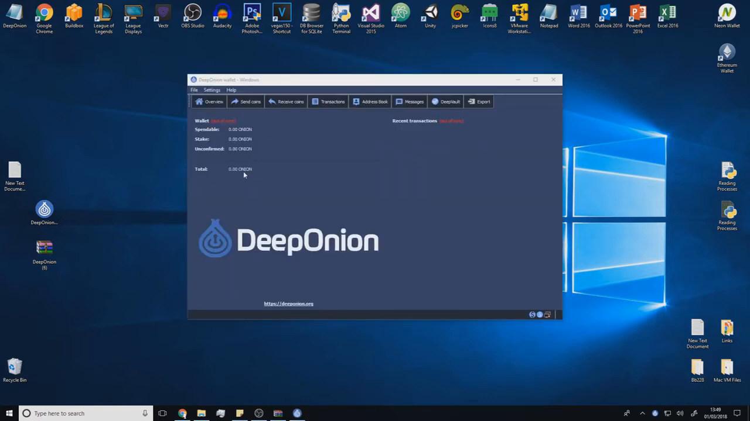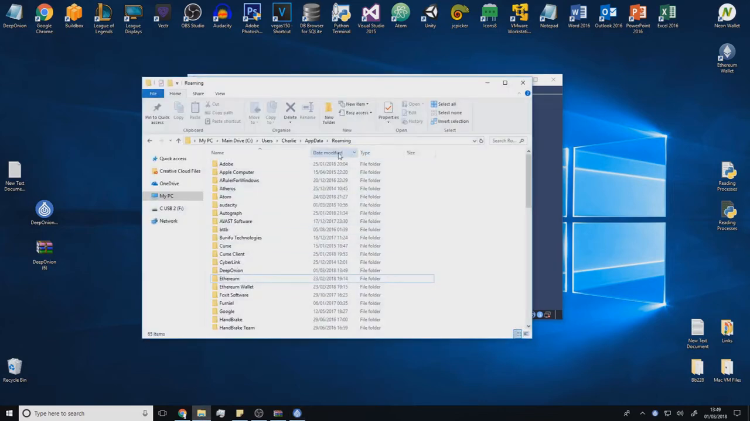So when our wallet is set up, we can see that we're getting out of sync messages next to our wallet. Now this essentially means that our wallet is not connected to the DeepOnion network, so we're unable to see how many onions we have. So in order to solve this problem, we're going to utilize the configuration file we made earlier. So to do this, we simply want to open our File Explorer and search for percentage app data